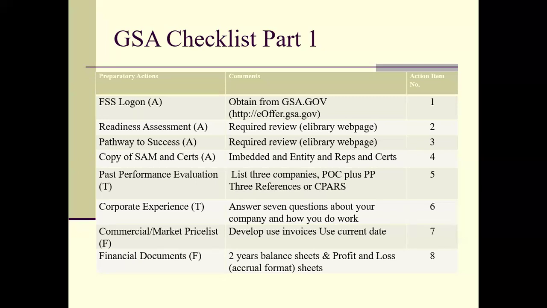You have to submit a copy of your SAM reps and certs. So you have to say, this is the entity, this is the reps and certs. And many people forget to do the small business summary that is associated with and is run by the SBA. So when you do your SAM registry, I always suggest that you always do that small business summary. And the reason why,